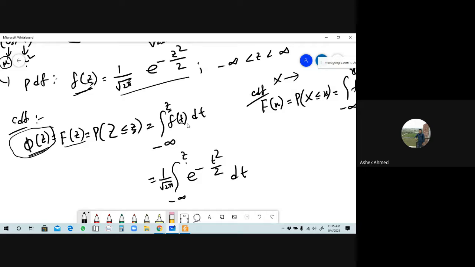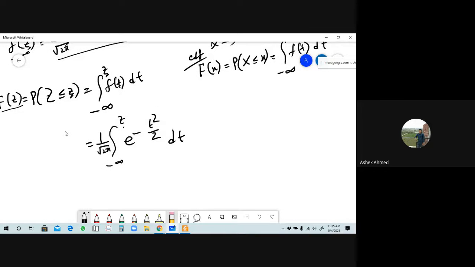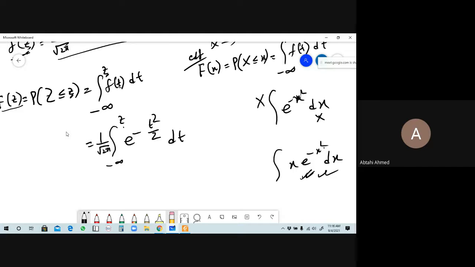Now tell me, can you integrate this integration e to the power minus x square dx and integration of x e to the power minus x square dx? This is not integration generally directly, but you can integrate this function. If you take u equals to x square, then you can easily integrate this integration. But you can't integrate this. Sir, এটাও তো পারবো? First try করবে, তারপর আমাকে বলবে। ওকে, দিস ইজ ইওর হোমওয়ার্ক।